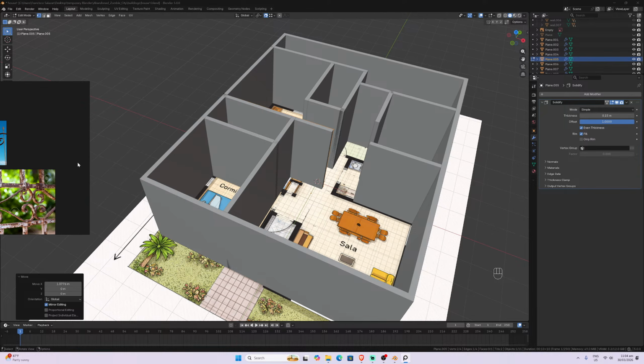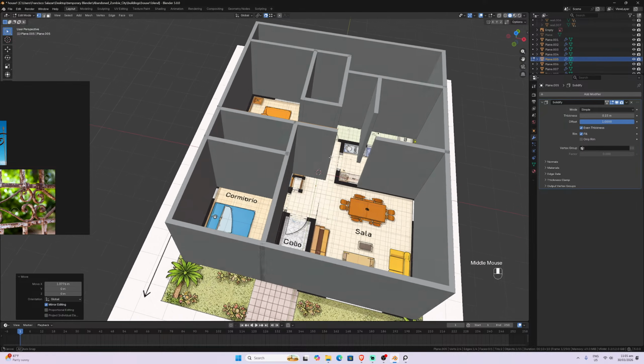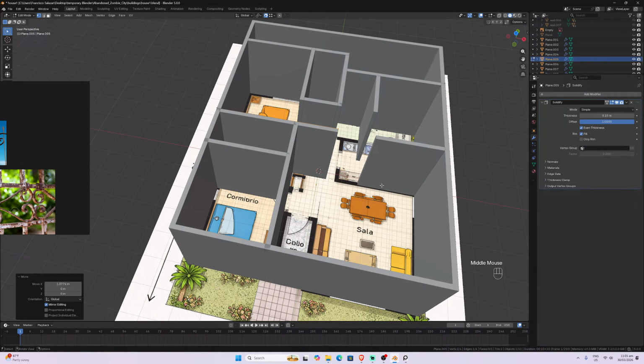So for example, you can take these things that we are doing and just prepare a really small low poly version and create maybe your own assets for your games. Or you can take this and add a little bit more of materials and prepare close-up renders for maybe interior design portfolios, things like that. And of course the assets, you can mix everything. We are creating modular kits, so you can create any version and any variation of houses that you want. So as you can see, I prepare things for many purposes.